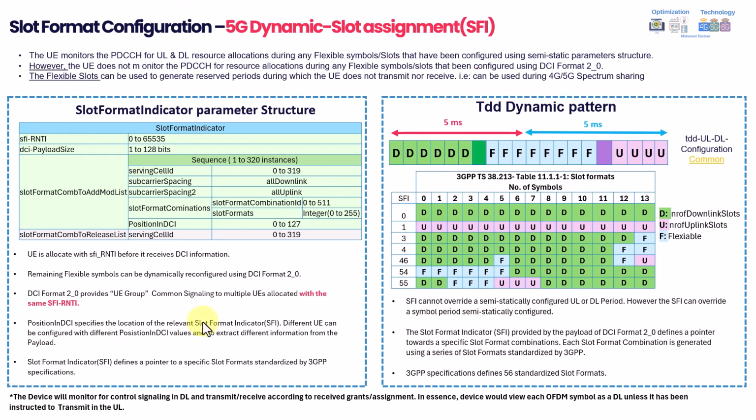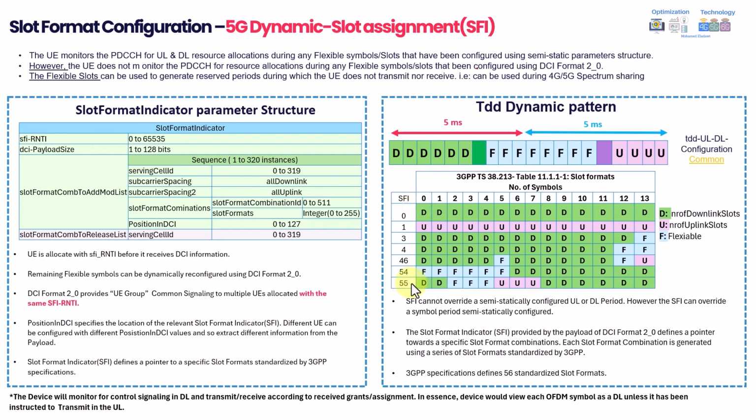Once you have this SFI format identified, it will take you into 3GPP. It will be like a pointer towards a 3GPP table to tell you which slot is going to use which symbols. For example, it will indicate that this particular slot uses SFI slot format indicator 0, which means all the symbols will be used as downlink. This can be, as you can see, 40 symbols. And we have a total of